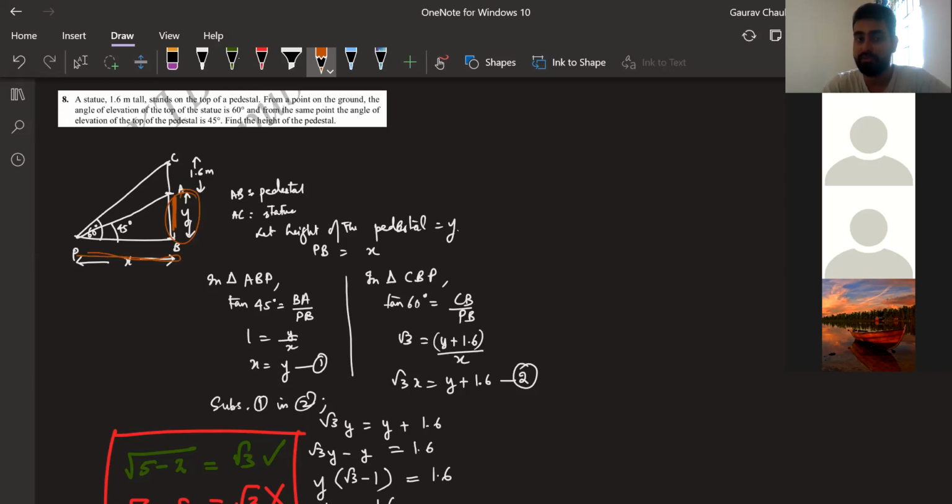You can actually use the hypotenuse also, but the hypotenuse is not common. This PB is common in both triangles. That's why I'm taking that as the other side. That's going to help me going ahead. I have two triangles: this triangle and this big triangle. In the red triangle as well as the blue triangle, PB is common. That will help me in the two equations I have to make. So I am choosing PB as one of the sides as well. This becomes X, this becomes Y.